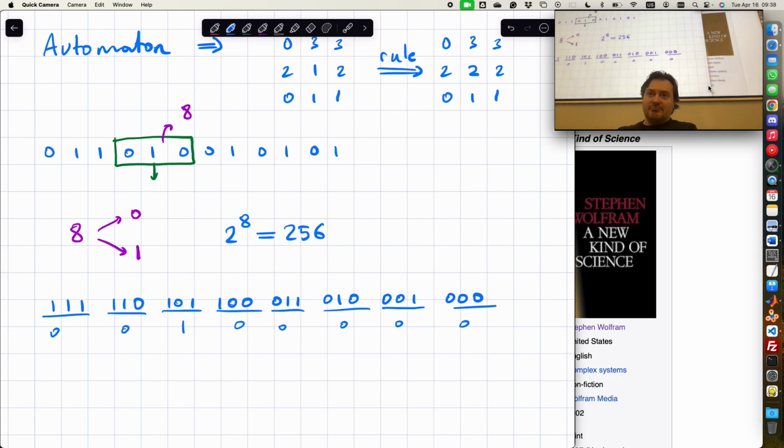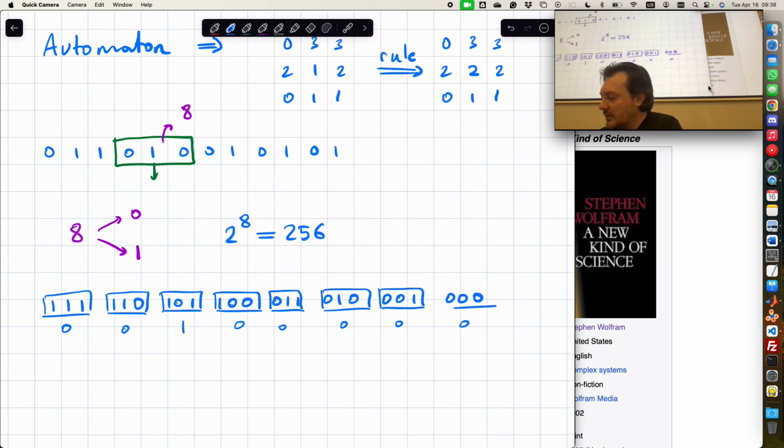Did you understand this part? There can be 8 possibilities for 3 states. Yes? So I'm going to generate a rule. Let's say my first rule, actually my 0th rule, is this: everything goes to 0.